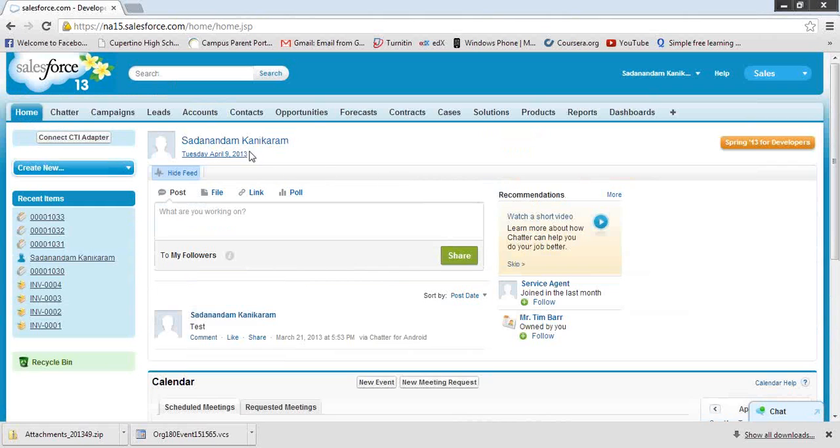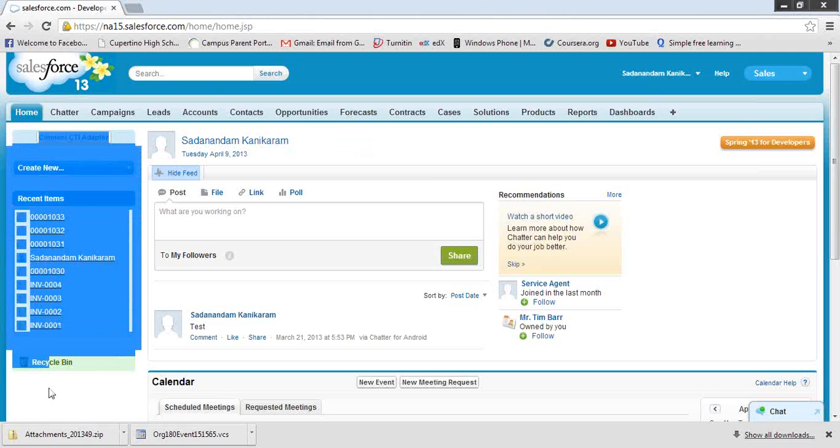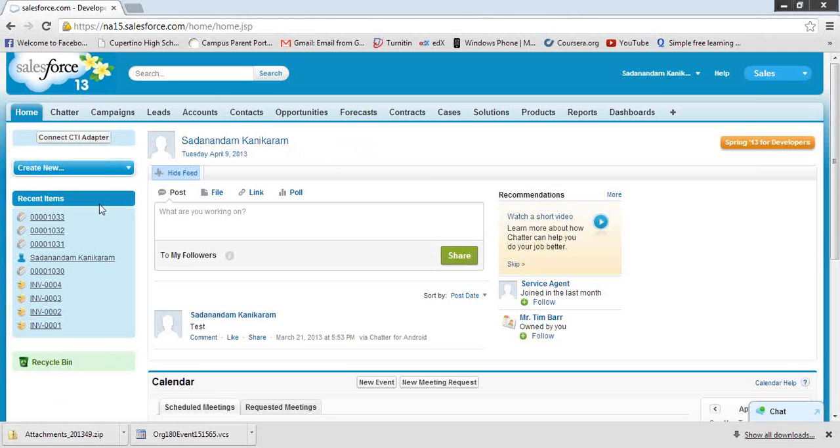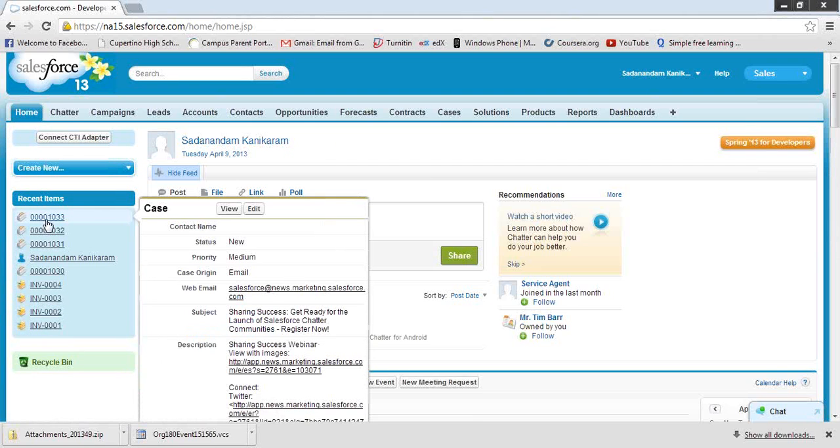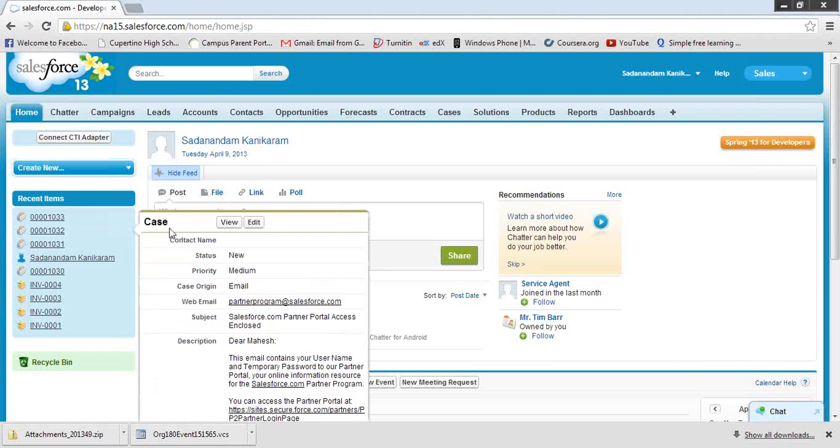And if you look here on the left side, you have some of these links like create new. This entire section is called the sidebar, and it will show the first 10 recently opened items. And you remember, the moment I click on this link, I see a pop-up window which lists summary information of this particular object, which in our case is a case.